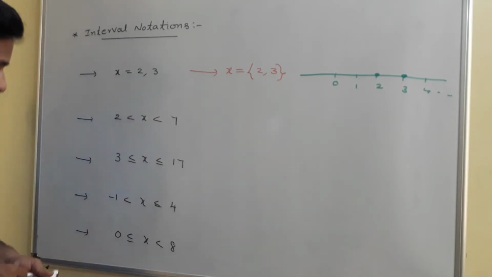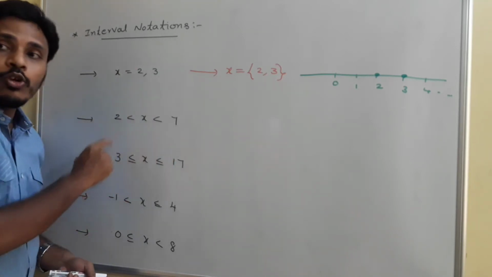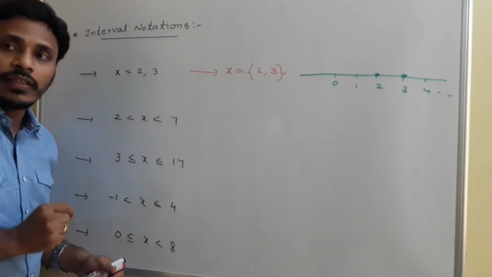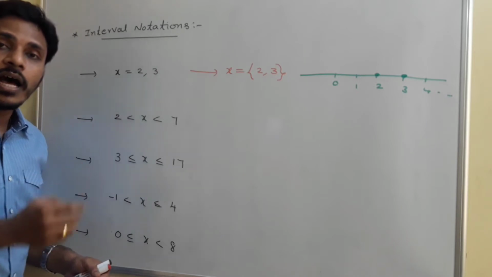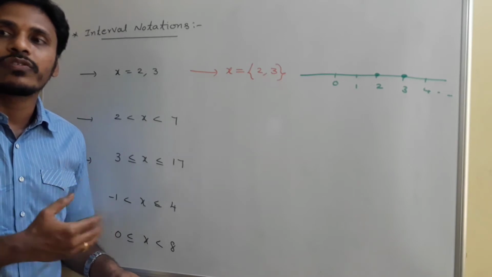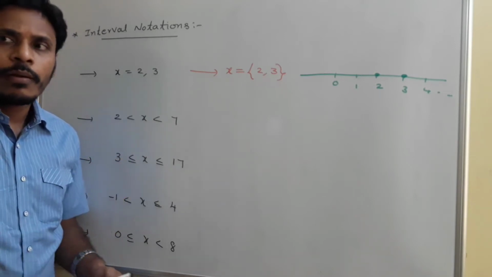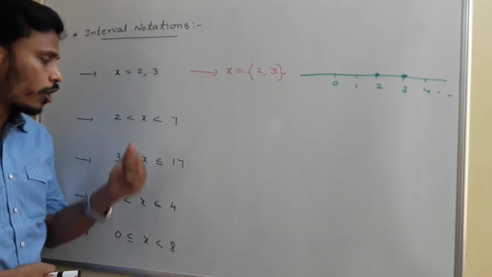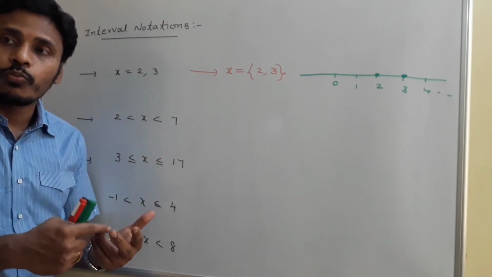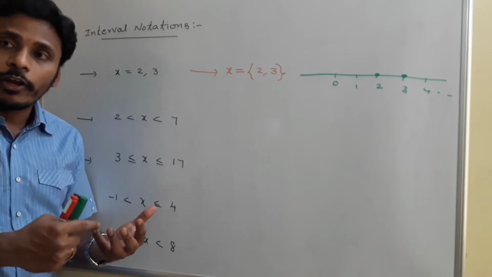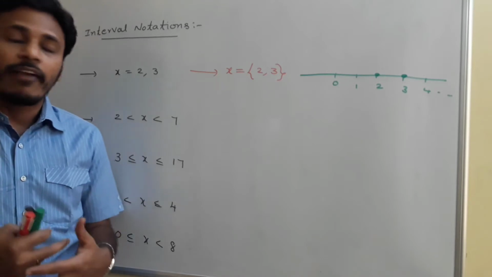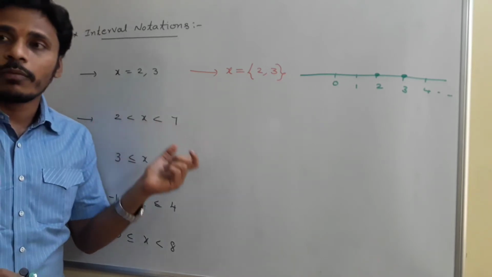But coming to the second case, in this case the values of x are in between 2 and 7: 2 less than x less than 7. In the sense the values of x are in between 2 and 7. All possible real values from 2 to 7 are possible for x. What are the possible real values for x in between 2 and 7? You may say it may be 2.1, 2.2, 2.3, 2.4, 2.5, like that. 3, 3.1, something like 4, and then 4 point something. Everything comes under the values in between 2 and 7.